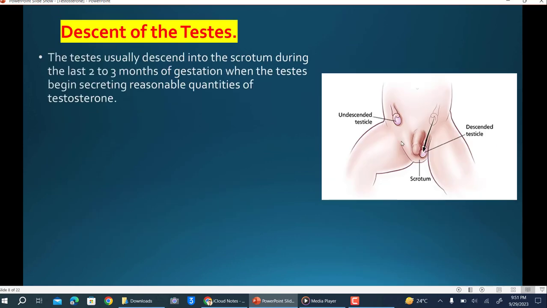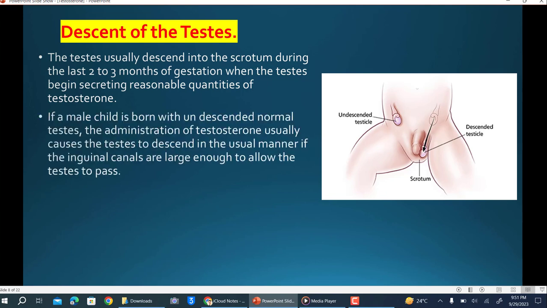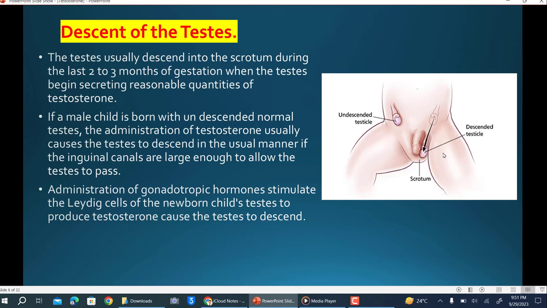Descent of the testes. The testes usually descend into the scrotum during the last 2 to 3 months of gestation, when the testes begin secreting a reasonable quantity of testosterone. If a male child is born with undescended normal testes, the administration of testosterone usually causes the testes to descend in the usual manner, if the inguinal canal is large enough to allow the testes to pass. Administration of gonadotropic hormone stimulates the Leydig cells of the newborn child's testes to produce testosterone, causing the testes to descend,